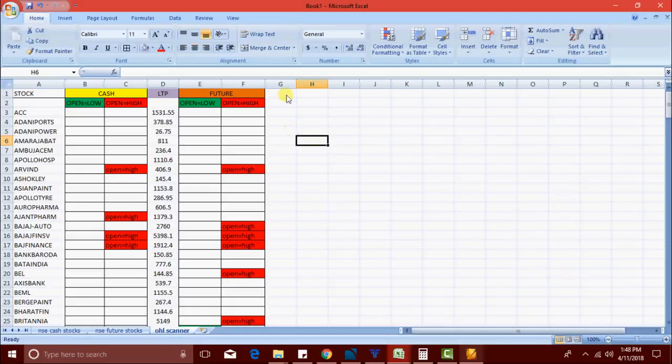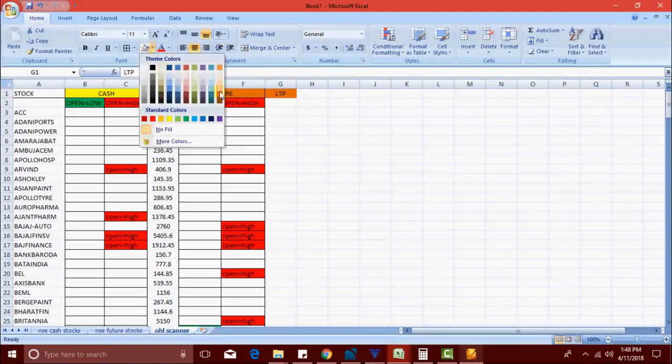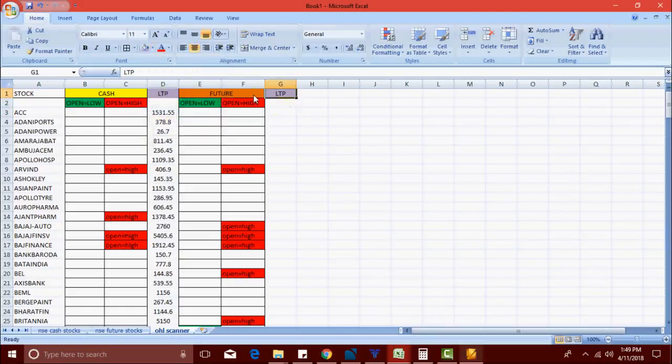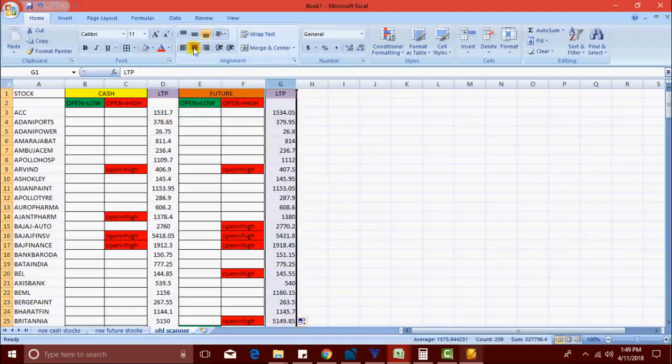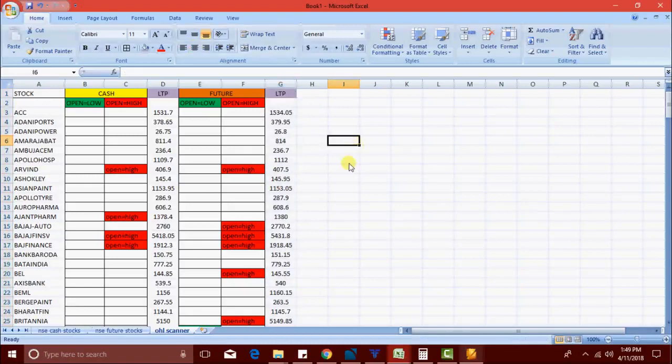Now we are going to add last traded price for both cash and future. It's also helpful for the price difference between cash and future. I already added last traded price for cash. Now I am going to add LTP for future stocks. Now we have added LTP for both cash and future stocks.